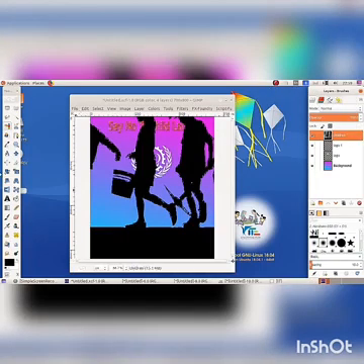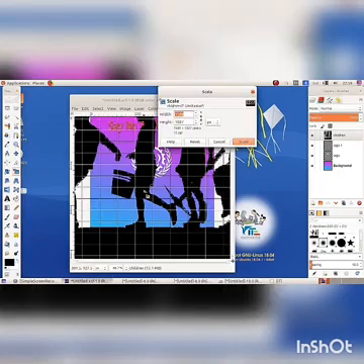And scale the image using the Scale tool. Click on the Scale tool from the toolbox. Then select the layer Children. Click on the layer. Then change its width and height.